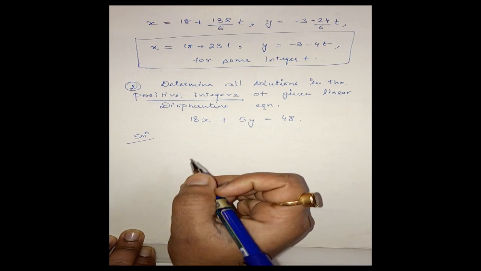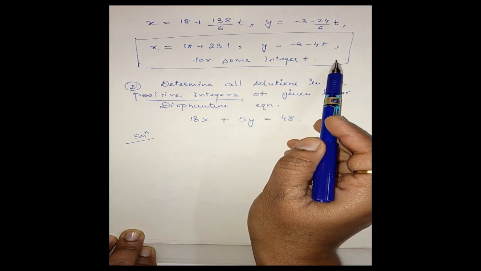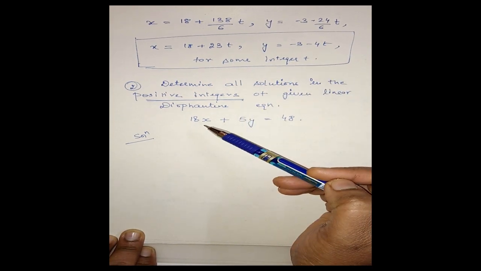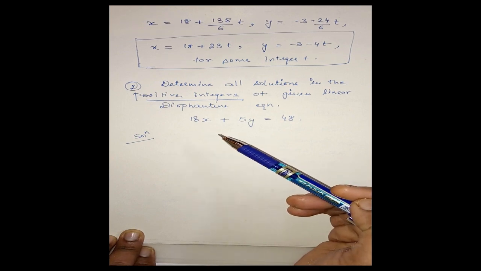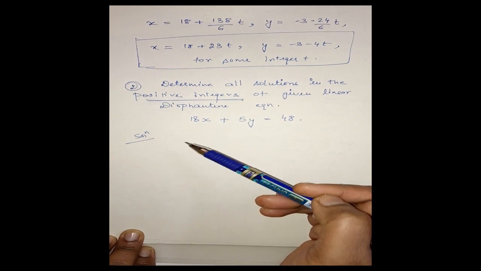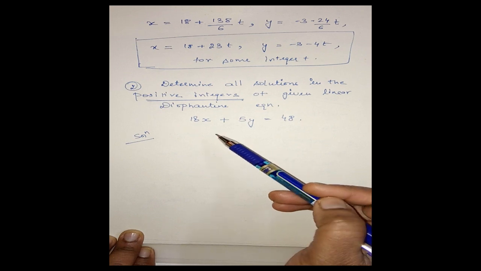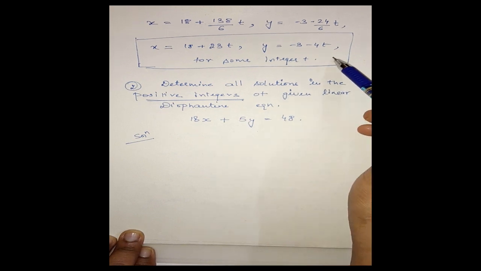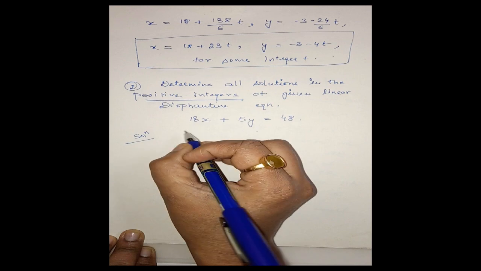Now, first we will find the general solution like this. Then we will apply certain conditions on t in order to have positive solutions, positive x and y. Clear? Let us first find the solution up to here. Now, on comparing